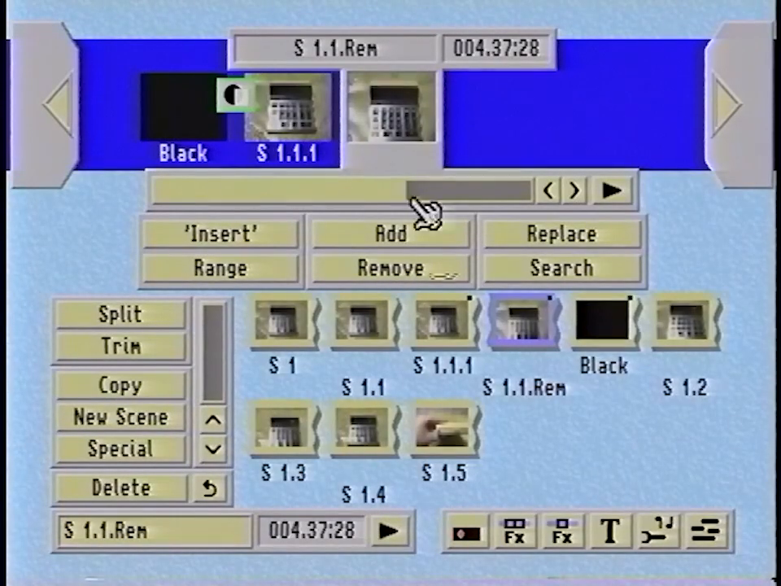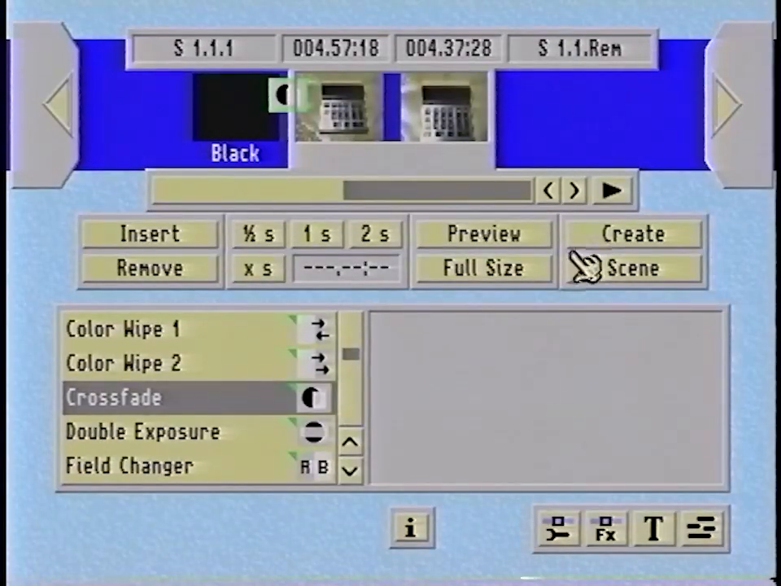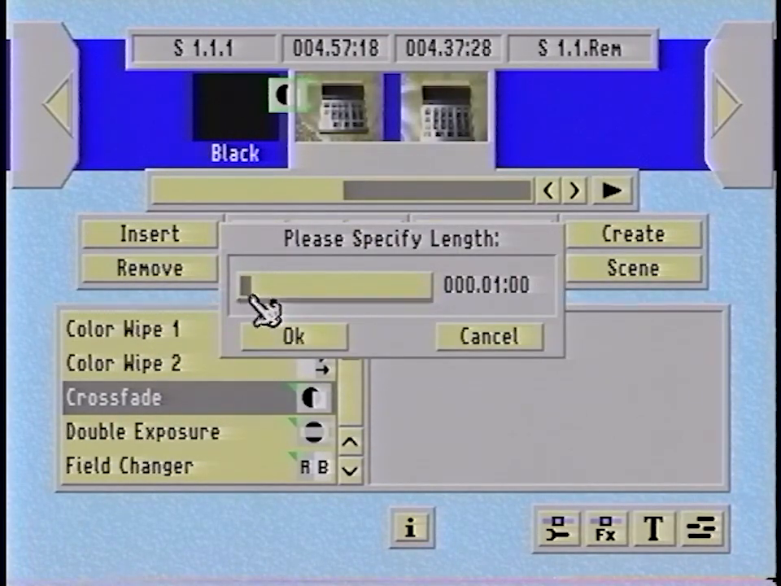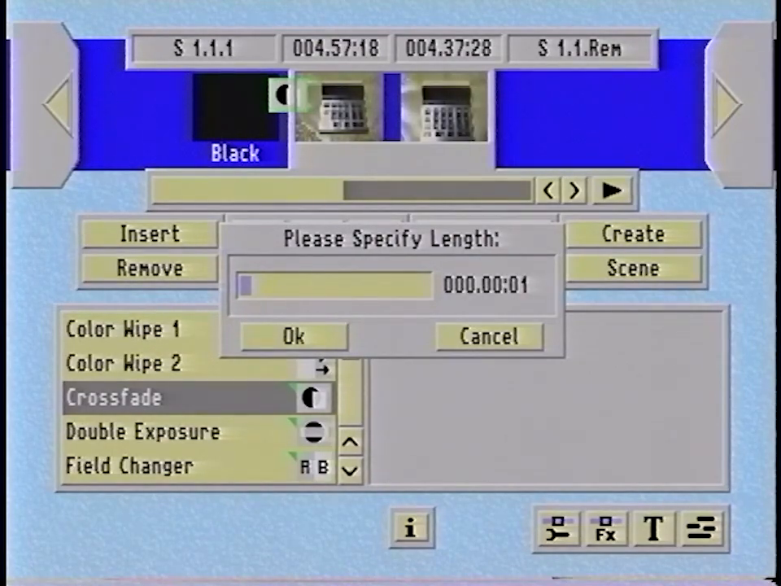I think I have an idea. If I go to this, and normally when I have an edit like this, I'll put a really short dissolve in between them. What is XS? Does that let me set a custom length? Yes it does. So if I put like a